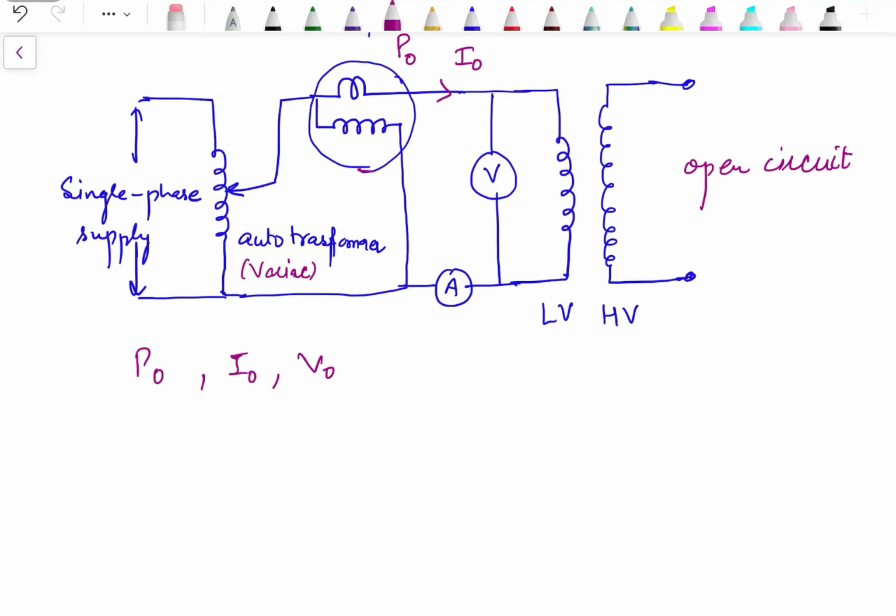They are not small, so whatever their actual value is in the case of a transformer, they will be occurring in the open circuit test. Also, the secondary side, or the high voltage side, is kept open, so the current flowing through the primary side of the transformer is only the no load current. The ammeter reading is actually giving us the no load current,